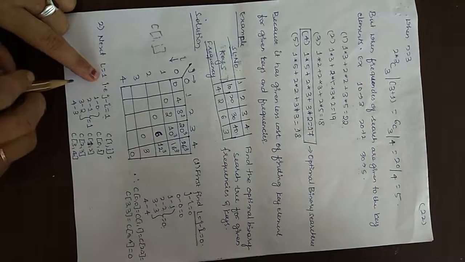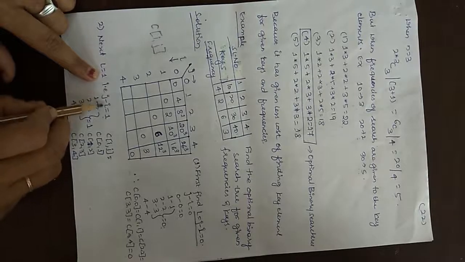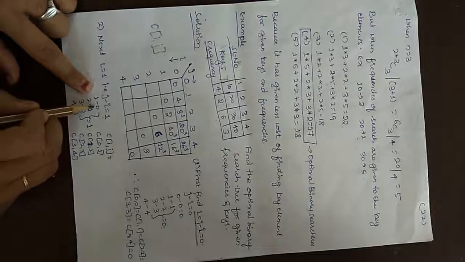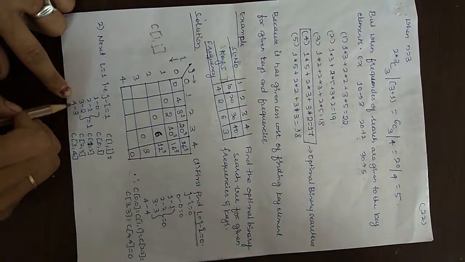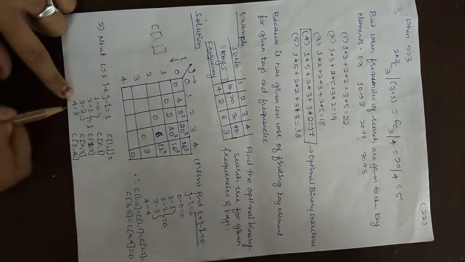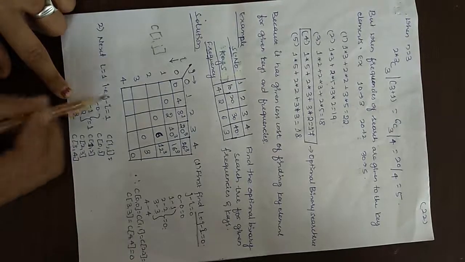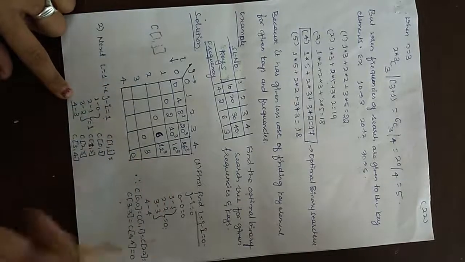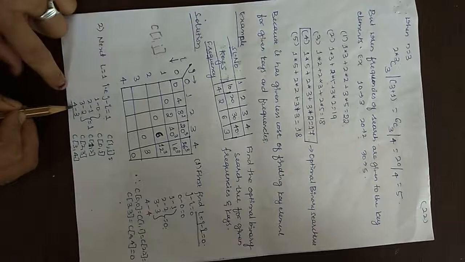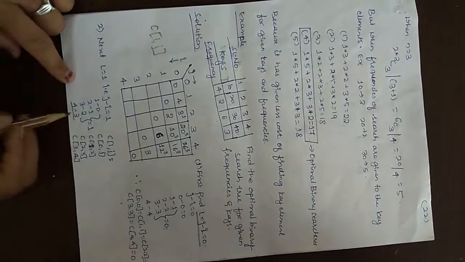So I want the value as 1. When can j minus i be 1? When 1 minus 0 is 1, 2 minus 1 is 1, 3 minus 2 is 1 and 4 minus 3 is 1. You have to understand why I am taking only till 4 minus 3. I could take 5 minus 4 as 1, but is there a 5 in my matrix here? Not there, so I am stopping here itself. There are only 4 rows and 4 columns here.